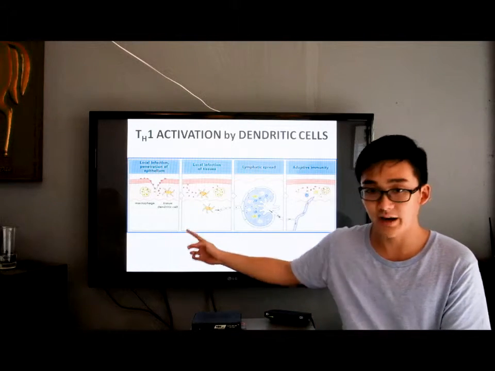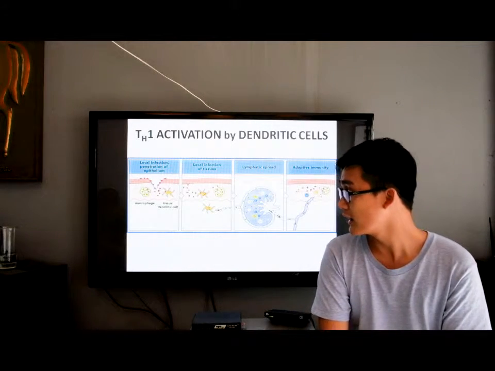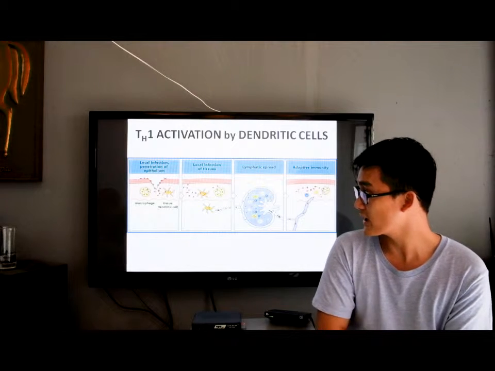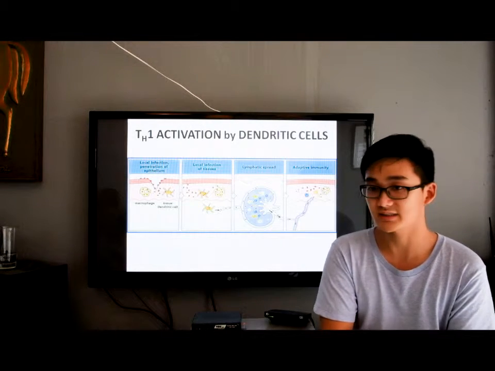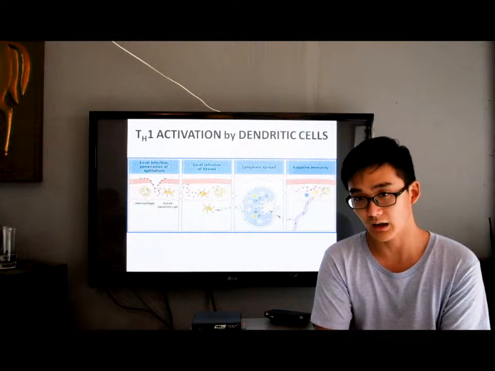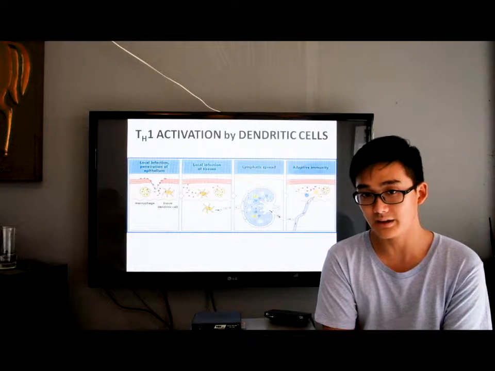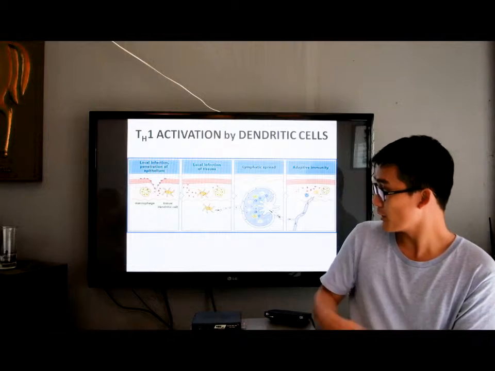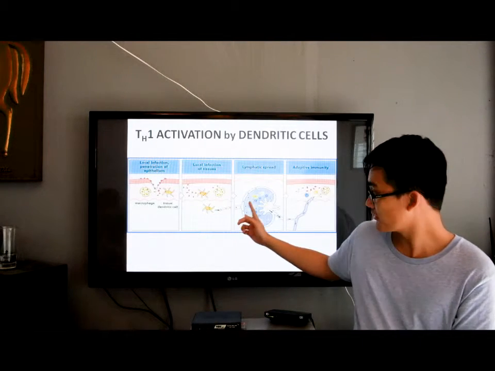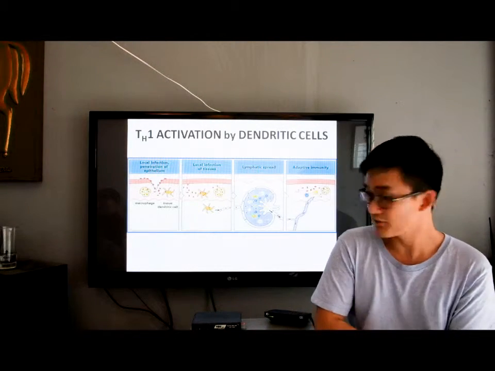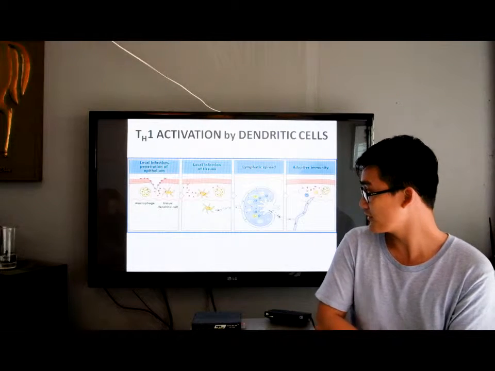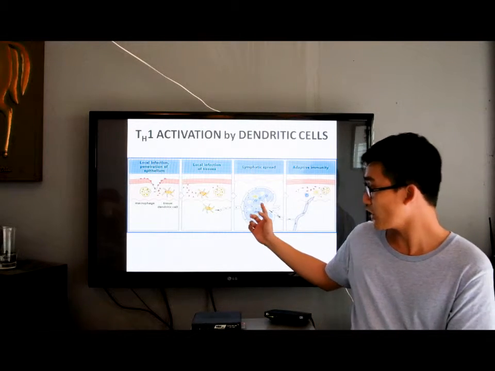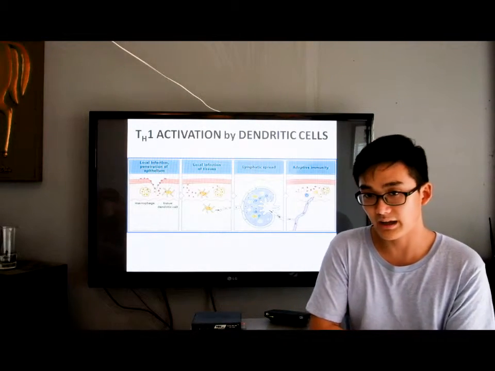The dendritic cells are located under the epithelial layer, and they are sentinels under the skin. When activated by the antigen, they travel through the lymphatic vessel